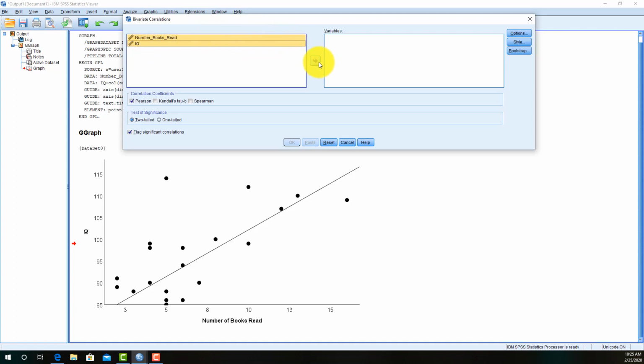And you're going to drop those two variables over to the right box. Once you have that in here, by default, you can see Pearson is checked. You may or may not learn the other two options here, but in this video we're only focused on the Pearson. That's going to give us our Pearson's R to allow us to assess the relationship between the number of books read and IQ. Once we click OK,